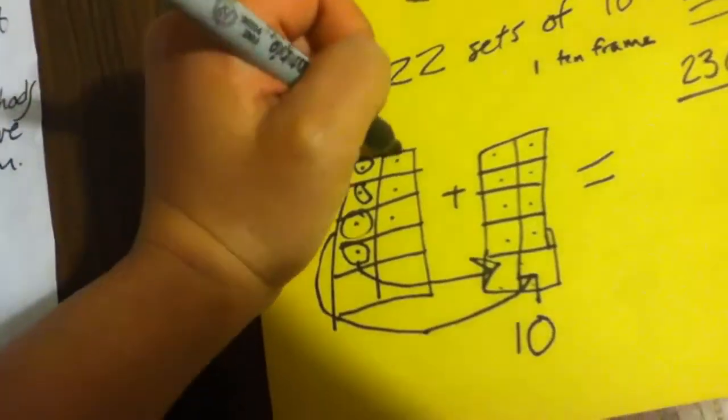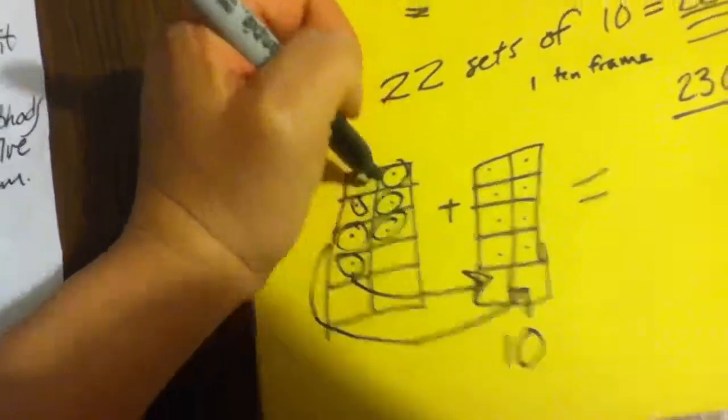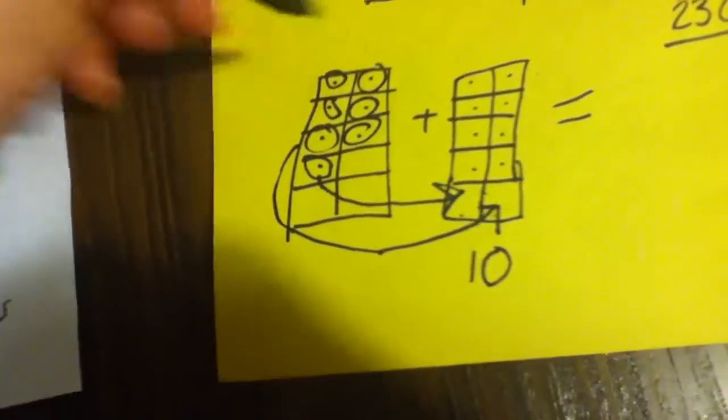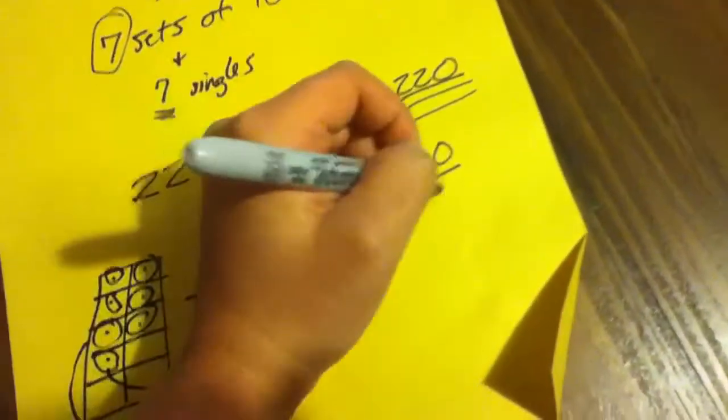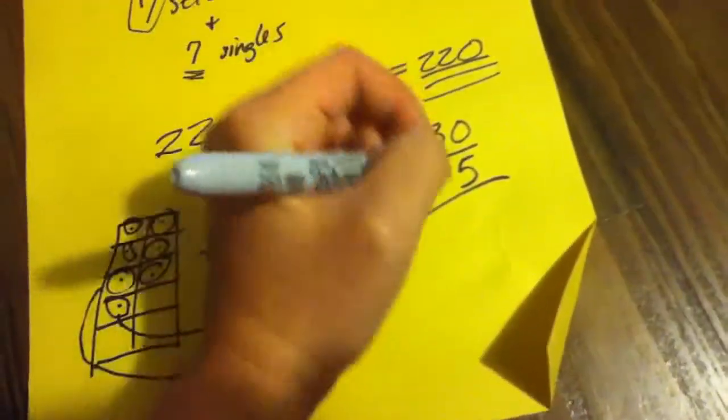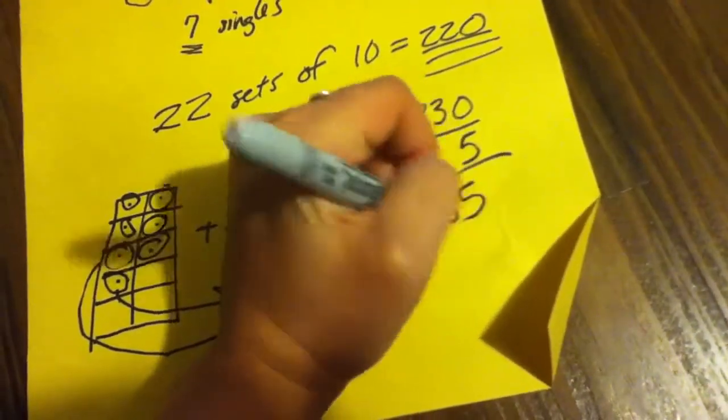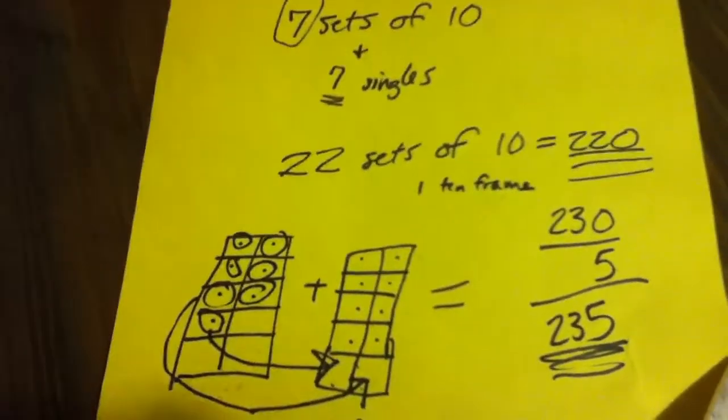So we now see that we have 1, 2, 3, 4, and 5. So we have 5 singles or 5 ones. So 230 plus 5 singles gives us 235 paper clips. So here we use the make 10 approach by counting all of our full tens frames, and